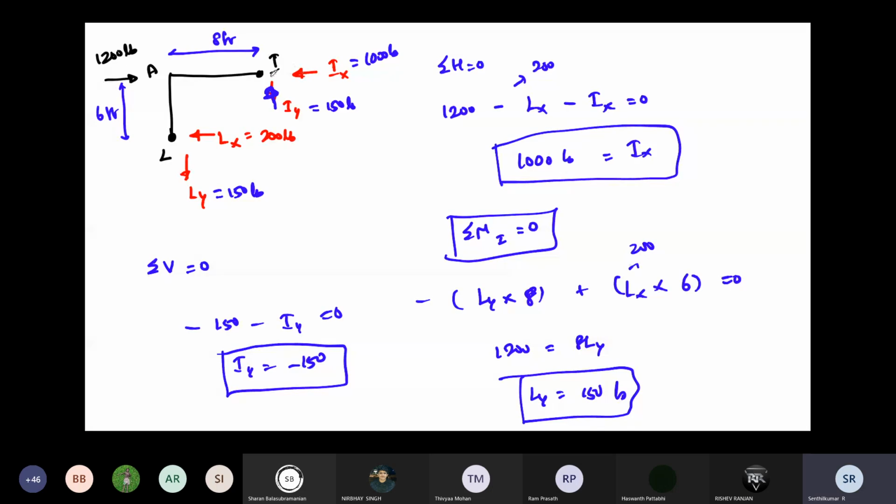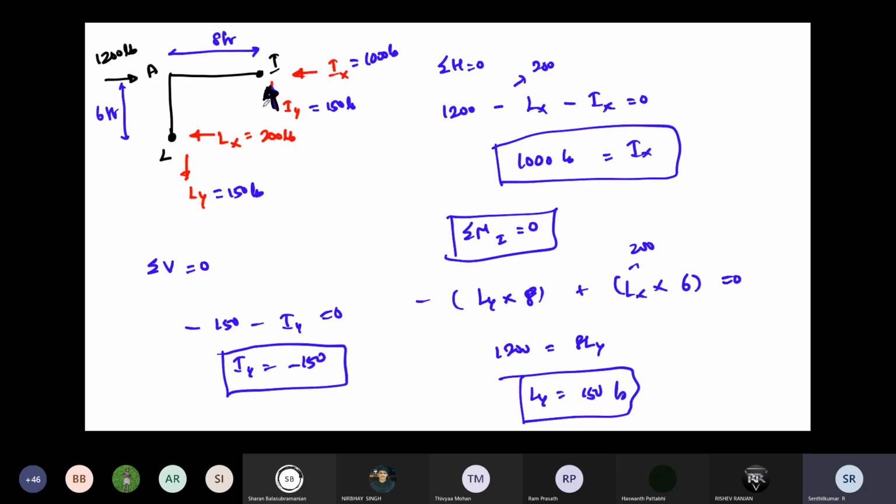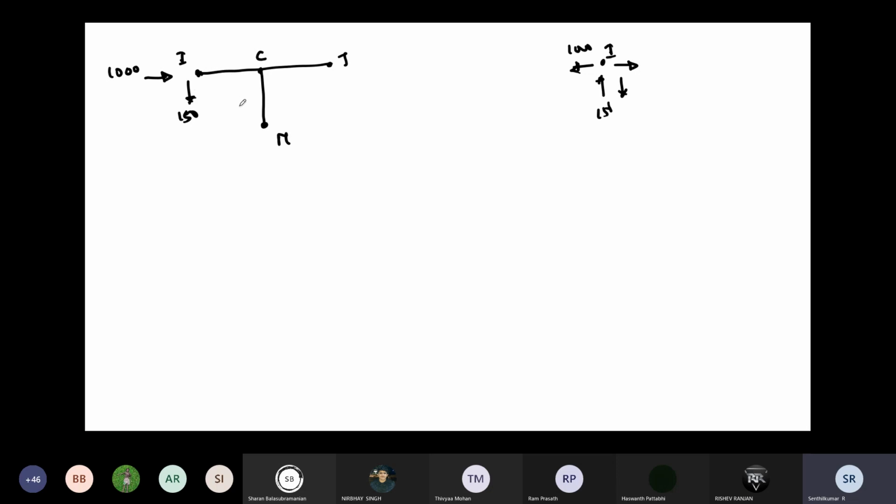If you are applying like this, that is towards the joint, like that you have to make it. And here this is like this, upward. So I'm making it a downward. So sigma V equal to 0 at that joint. Iy is 150. So if I'm drawing at joint I, already we found out here this value, this is 1000. Again, this value we found out, 150. At the joint, both should be equal to 0. So this value, if I'm applying here, so this should be here. Then only plus minus will be 0. Again, plus minus will be 0. That's the joint when you're adding that. So 150 is at the top, so I'm putting that down.